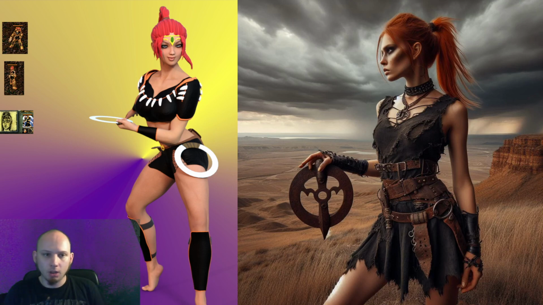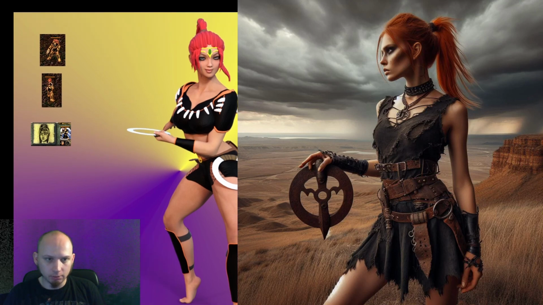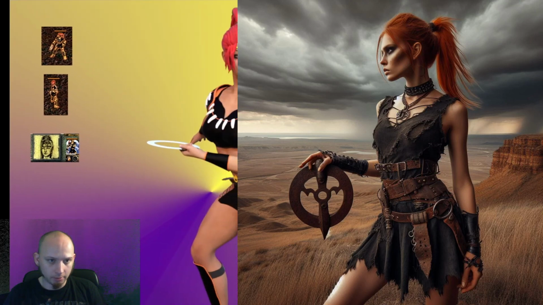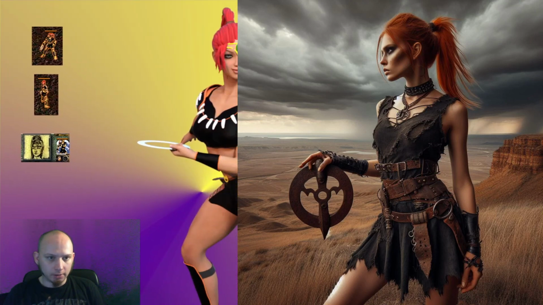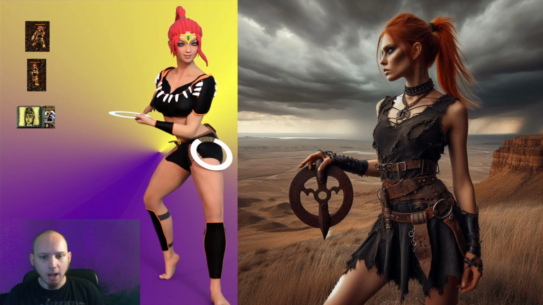For example, if you really look closely, you can see that she has this necklace of teeth, I guess, like saber-tooth teeth or something. And his doesn't have that.